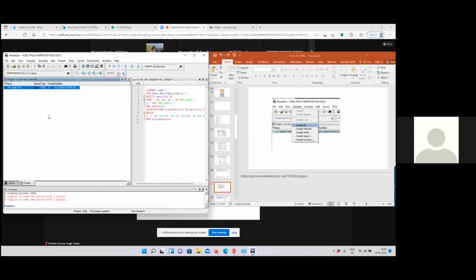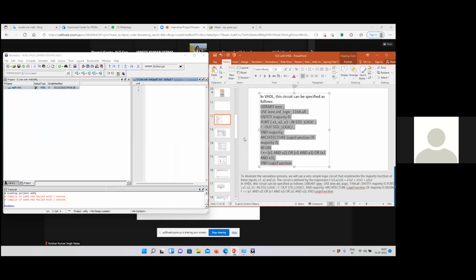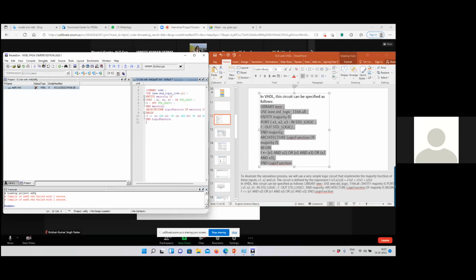Compile all. Compile all. It gives an error.